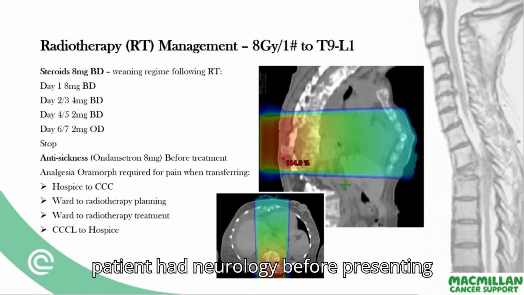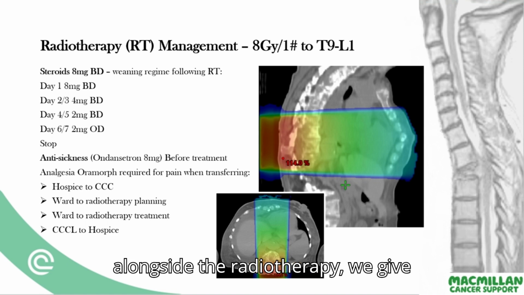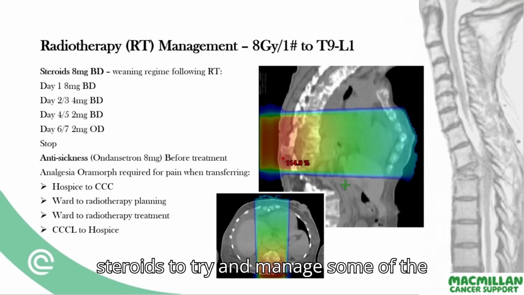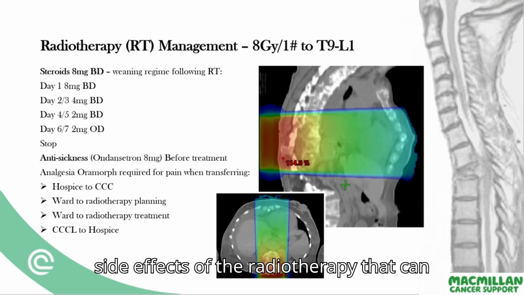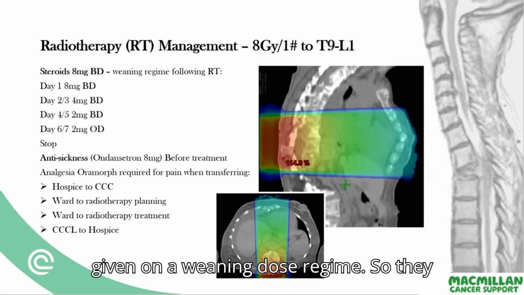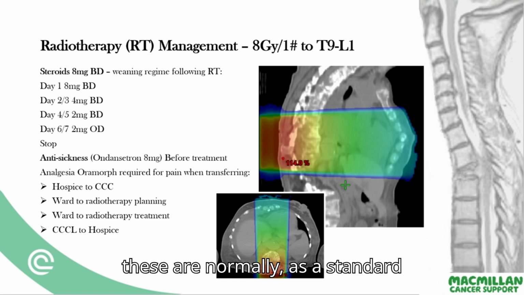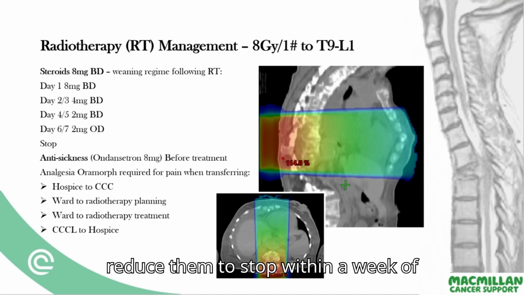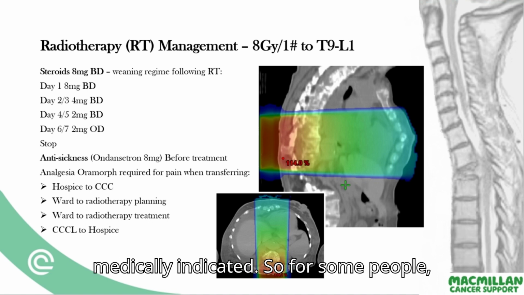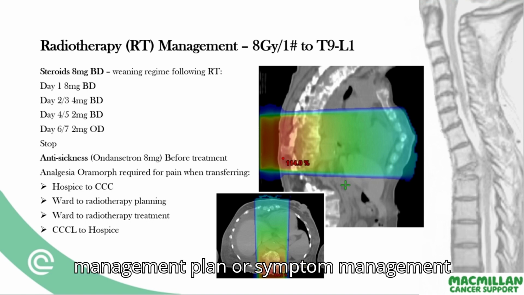Steroids were indicated because the patient had neurology before presenting with a cord compression, and also alongside the radiotherapy, we give steroids to try and manage some of the side effects of the radiotherapy that can include inflammation and pain flare. So the steroids were given on a weaning dose regime. They were currently on 8 milligrams BD, and these are normally, as a standard protocol, halved every other day to reduce them to stop within a week of radiotherapy treatment unless otherwise medically indicated. So for some people, steroids are part of their ongoing pain management plan or symptom management plan, depending on the